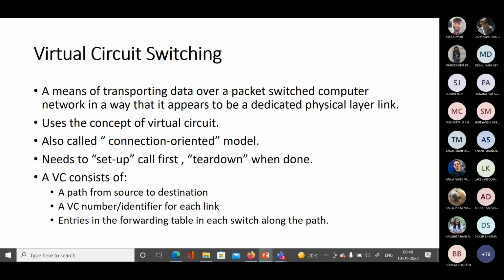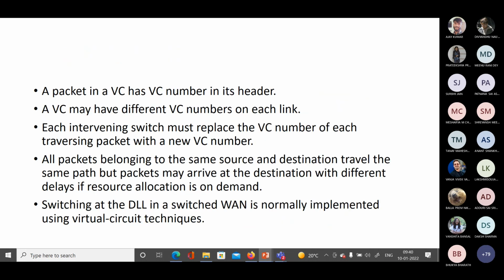Now the third point is that the entries in the forwarding table in each switch along the path need to be filled with this identifier, so that you get to know that if a packet is coming from this link, then it has to be forwarded to this other link depending upon the identifier. Okay, let me get to this part. A few more points we need to know: a packet in a virtual circuit has a virtual circuit number in its header.